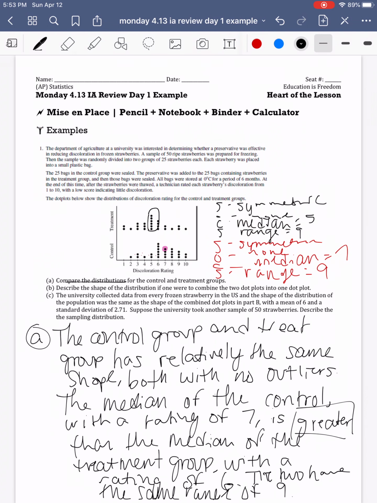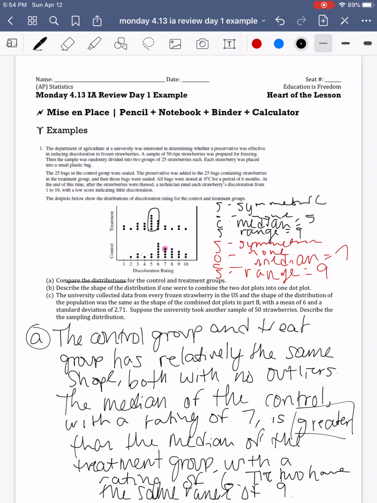So if we want to combine these two graphs together, essentially we're adding all of these dots into one graph. And then we need to talk about the shape of that graph if we were to put all of the dots on one graph. So we can see that the median for this here is,